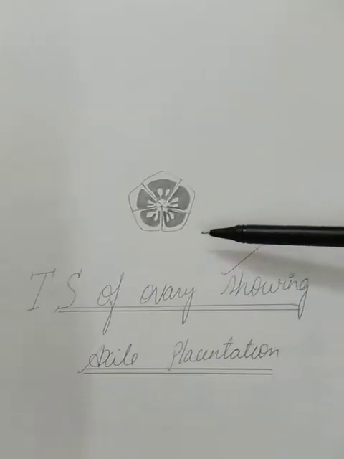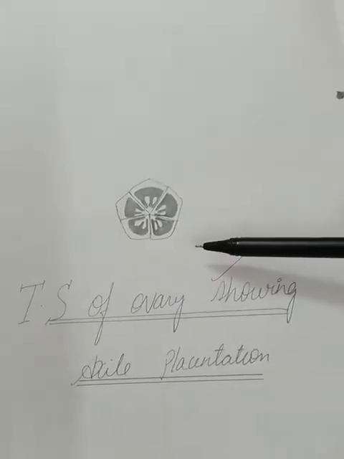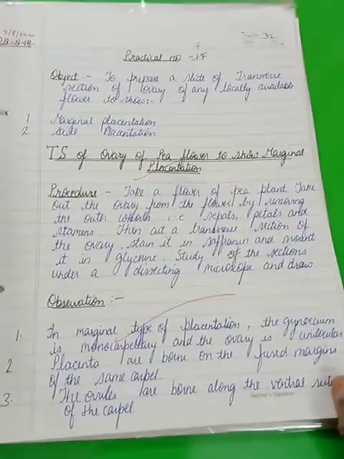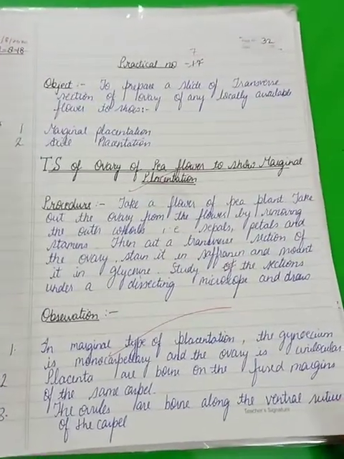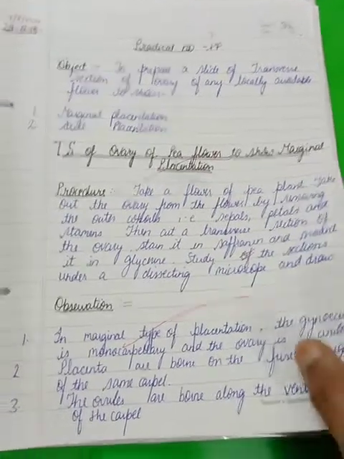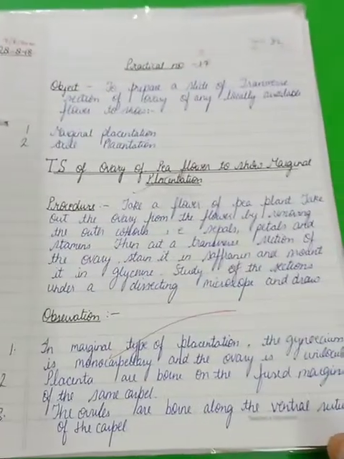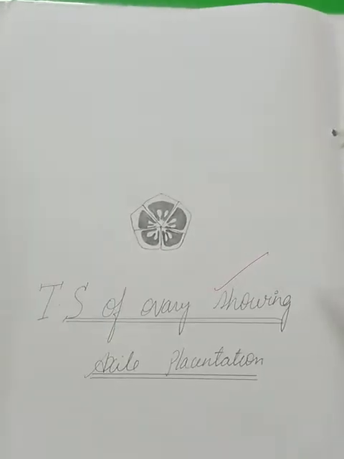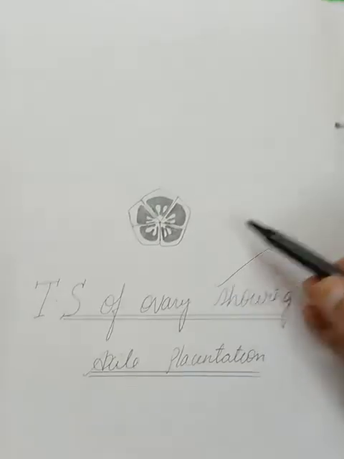Coming to the second, that is the axile placentation. Axile will be seen in, I told you, plants like tomato, citrus, China rose, etc. In this, try, children, that this should be finished on one page only. You can just try. If you are not able to, that's no difference, but if you finish it in one page, this will make it more easy and systematic. So one diagram for this comment, which is over here, and then comes the second simple diagram of the TS of ovary showing axile placentation.